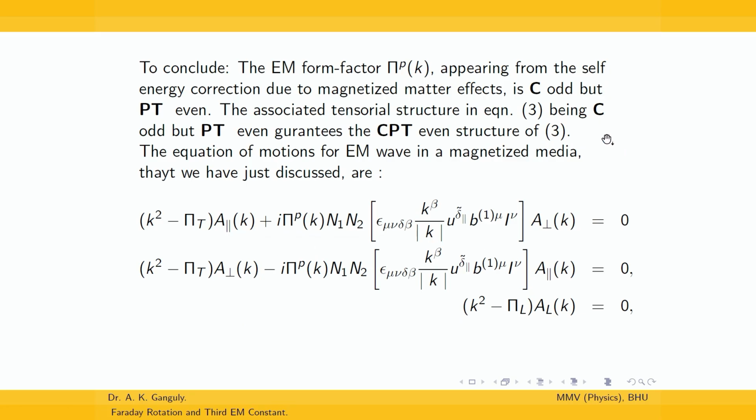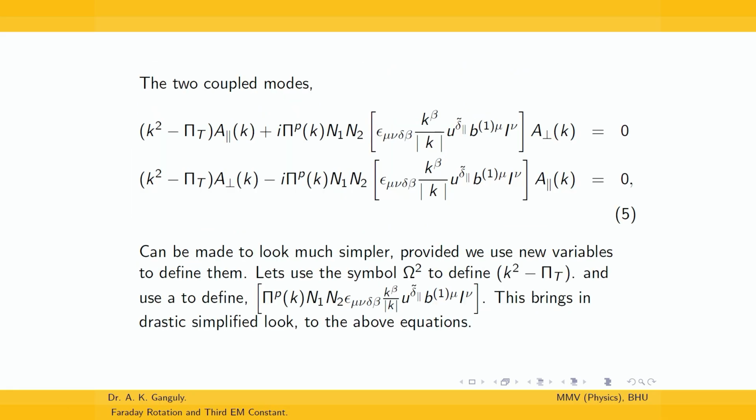So, having introduced this, as we already have mentioned, the 3 degrees of propagation yield 1 degree of propagation which is longitudinal and decoupled, and the other 2 degrees of freedom are the coupled degrees of freedom, and with the third electromagnetic constant's presence,